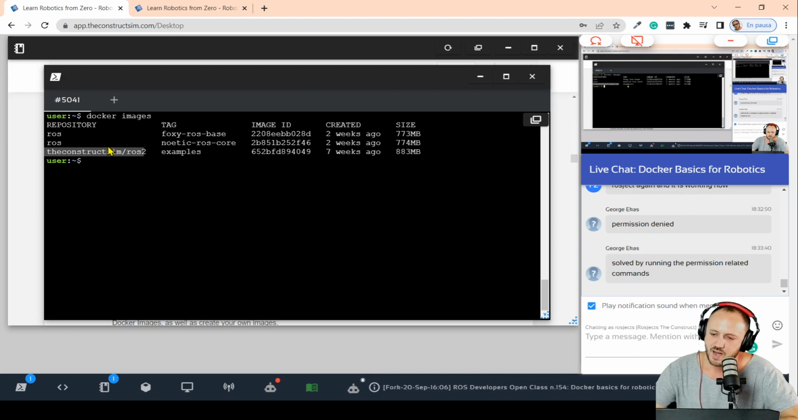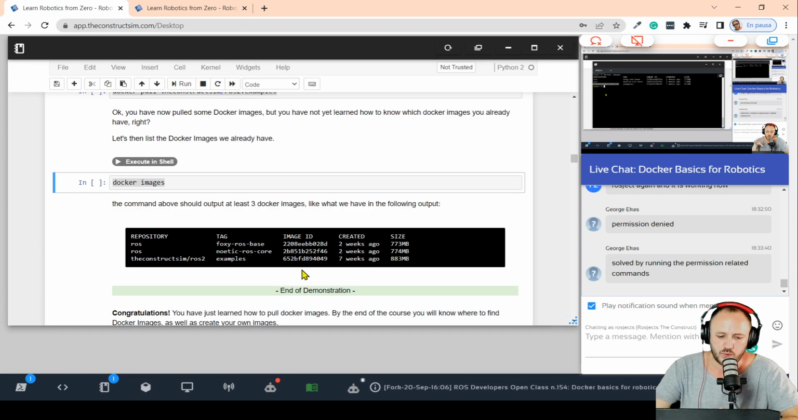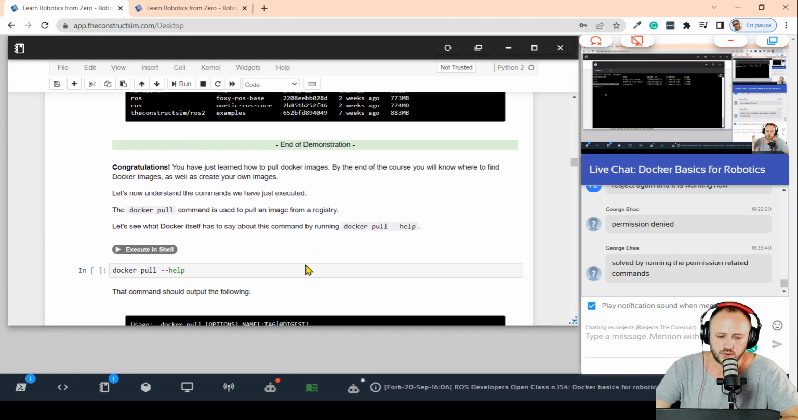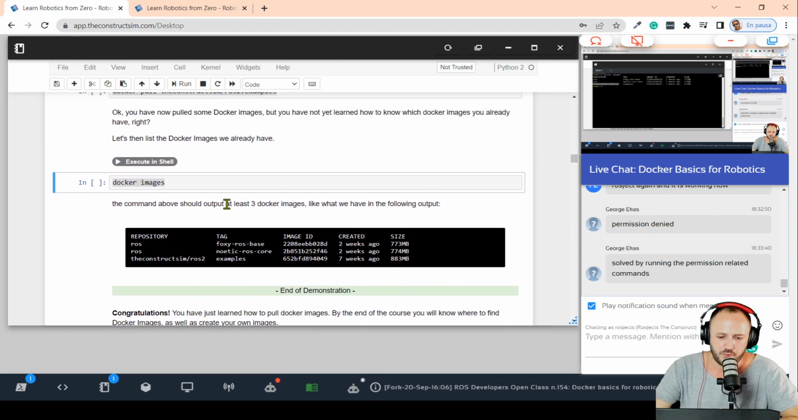Yeah, so now we have our images in our system. So now what? Okay, so now if we want to actually get into these images, start using them, we have to run what is known as a Docker container. Yeah? So this is what we are going to do next. Well, before that,